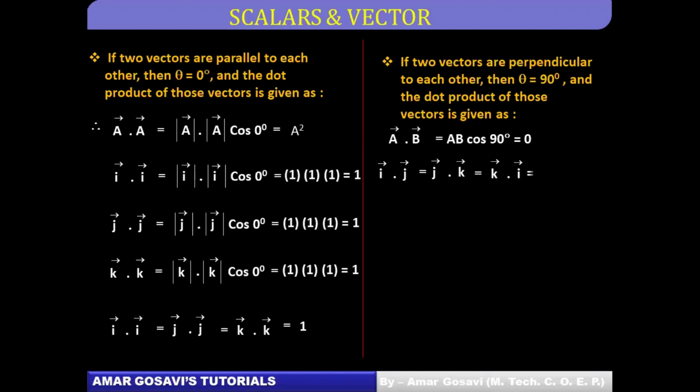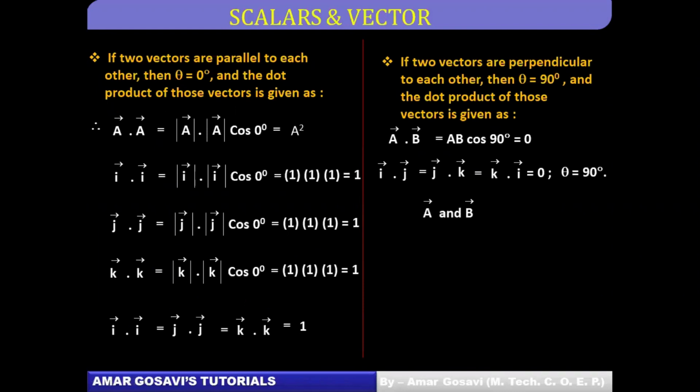So then in that case, can I say if I work out the dot product, because the angle is 90 between all this, I say the dot product will be 0. So I can make a general statement then, i cap dot j cap or j cap dot k cap or k cap dot i cap will be 0. Unlike i cap dot i cap equal to j cap dot j cap equal to k cap dot k cap equal to 1. This is something which you need to remember while solving problems.